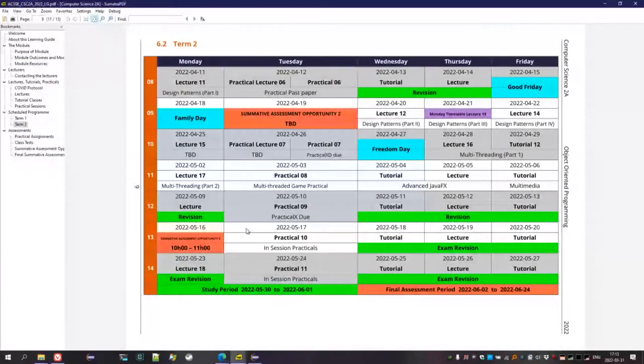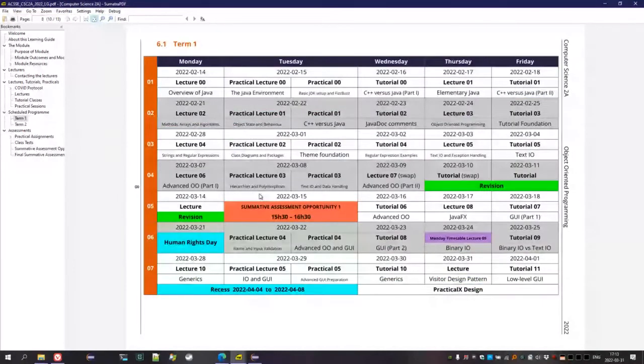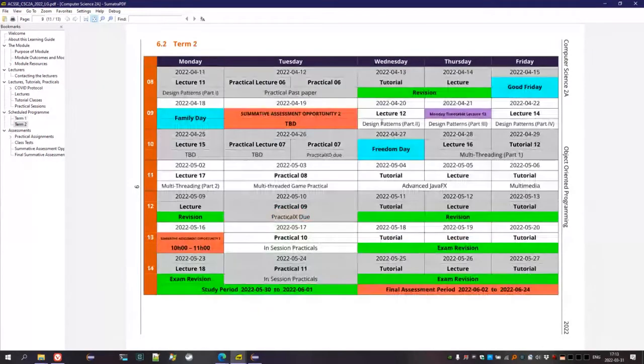All right, so if you have a look at your learning guide, what you will see is obviously the breakdown of the different terms. So obviously we're at the end of this term. We were going to do the start of the design patterns with something called the visitor design pattern. We've decided to move the design pattern talk to where it's appropriate, which is going to be after your practical